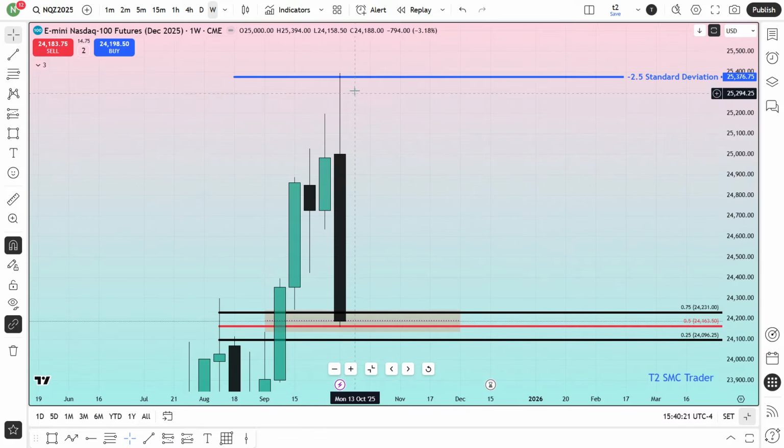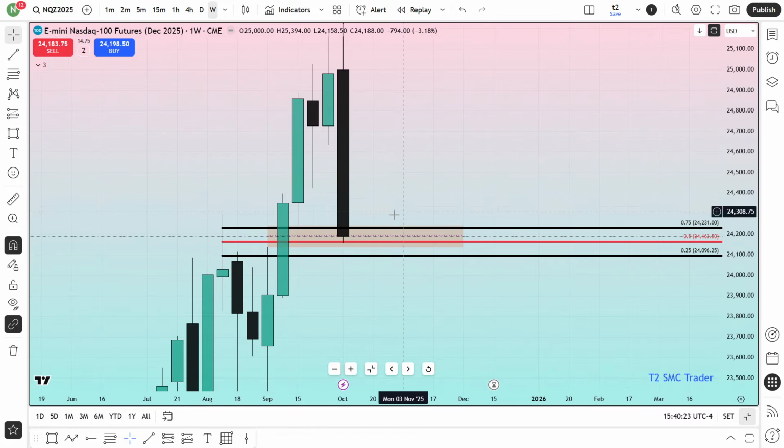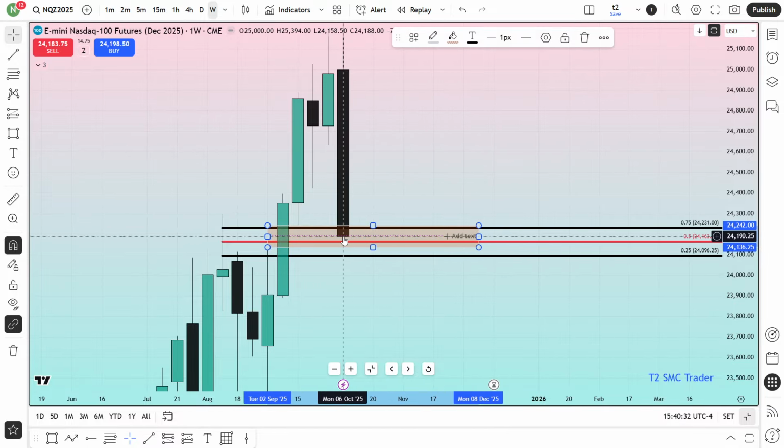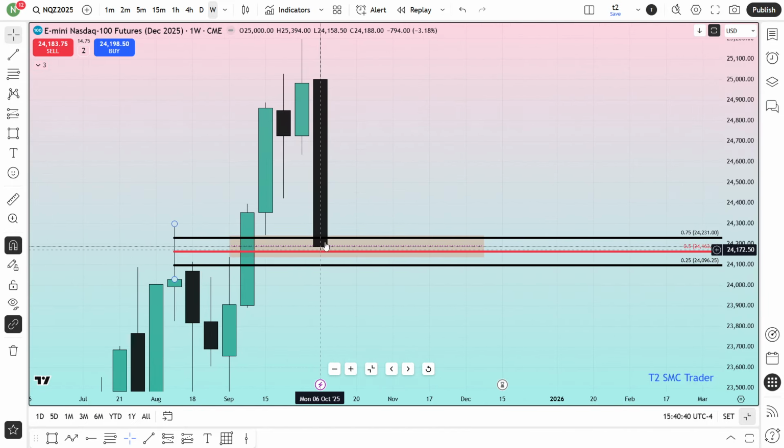The market exactly came to this standard deviation, to the 50% of that week. Again, it has also traded that bullish fair value gap, or the bullish buy side imbalance, sell side inefficiency, exactly at the 50%. So this is a beautiful finish of that specific week. It was so beautiful actually. The last week's conclusion was so beautiful and so precise over here.